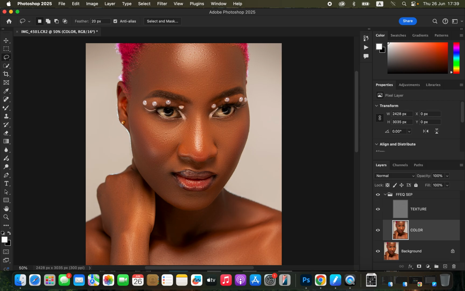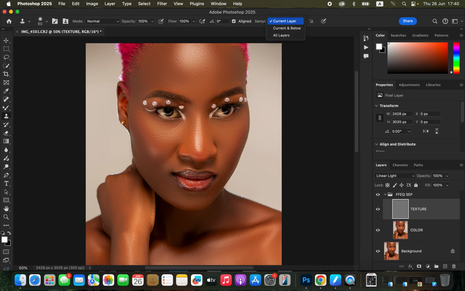Right now the skin has been smoothened, but we have as well retained the original or natural skin details in the model's face. So for the next step, we just want to work on the textures and perfect them by removing any kind of imperfections regarding skin texture, and that is pimples, blemishes, acne. So just come to the texture layer, select it, and after selecting it, come and get the clone stamp tool. The mode is set to normal, opacity and flow 100%. Align is checked, and the sample is set to current layer